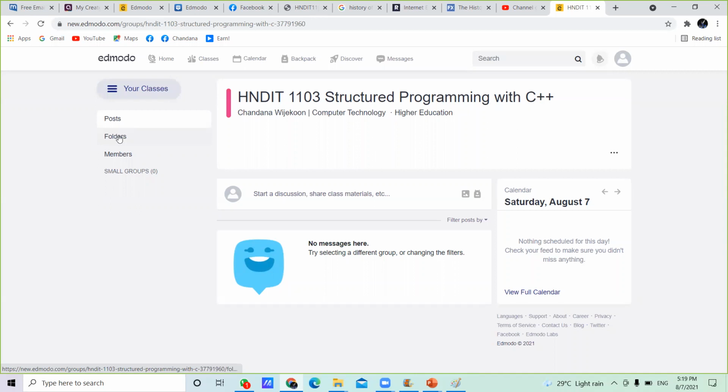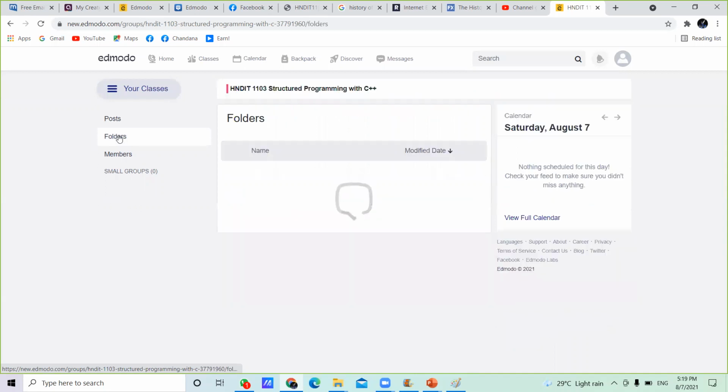The folder area is the place where you can find all the uploaded material. This folder area can be uploaded to only by myself. Others can't upload anything to this account. The only person who can upload things is me. This is the folder area. In the folder area, you can find all the material relevant to our subject.